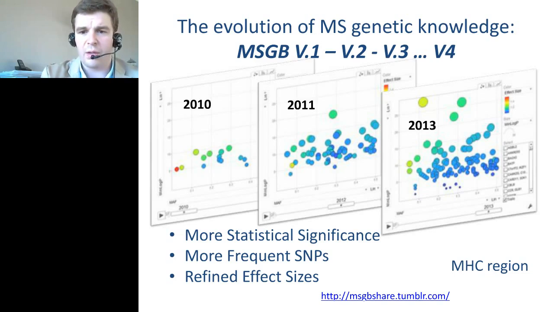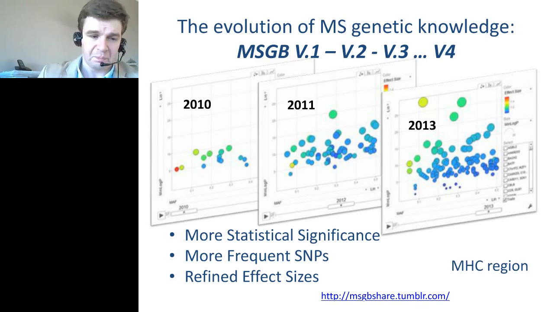And we'll show a larger circle here if the effect size is greater. So we're gaining more statistical significance here, so we're going up on average. We're obviously getting more, but what we can't show in here is that even the description of a particular region is changing. So it's not necessarily sure that the genetic marker we use for one region in 2010 will be the same in 2011, 2012, or in 2013.